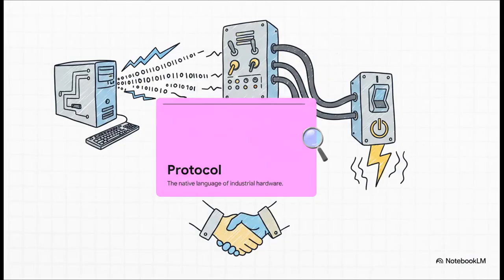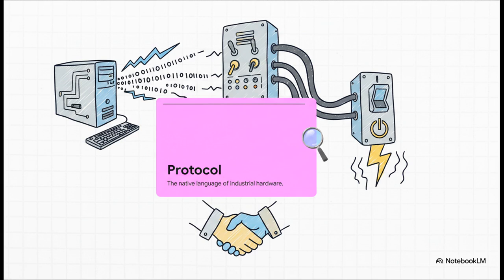Section 2. Speaking the machine's language. Now, for a piece of code to automatically flip switches in the real world without a human clicking a mouse, it actually needs to know how to give commands directly to massive industrial equipment. And to give those commands, it has to speak the exact right language. Which brings us to a term you hear a lot in cybersecurity: protocol. In really simple words, a protocol is just the native language that machines use to talk to each other. When your web browser wants to load a picture of a cat, it uses a specific internet protocol to ask a server for that image.